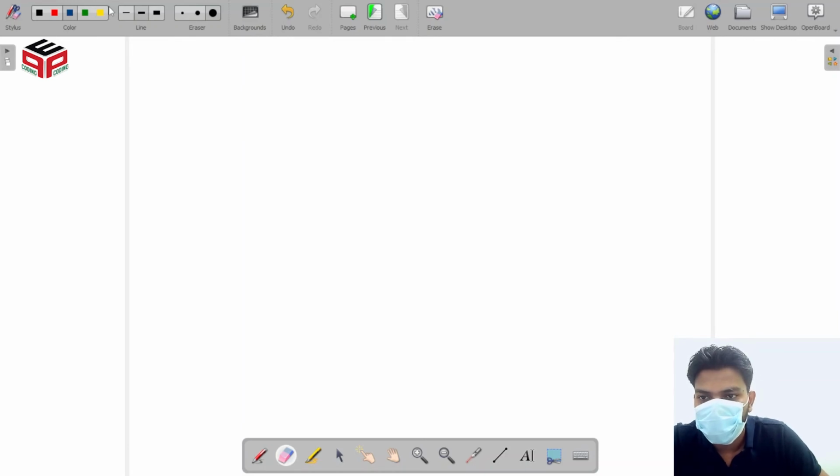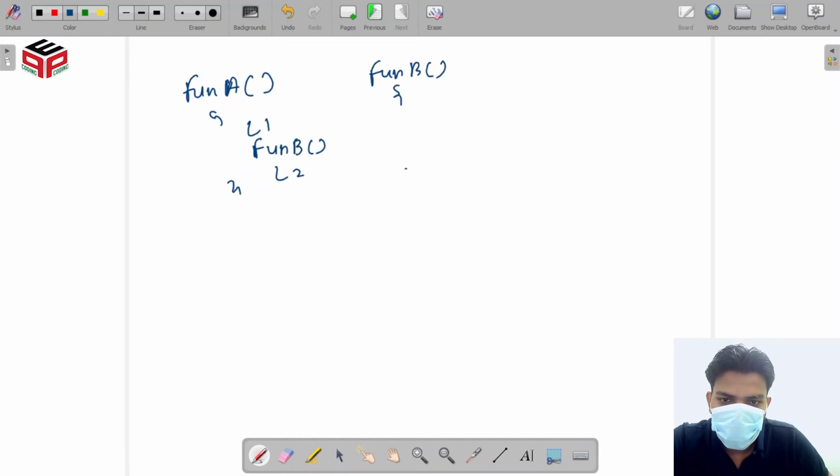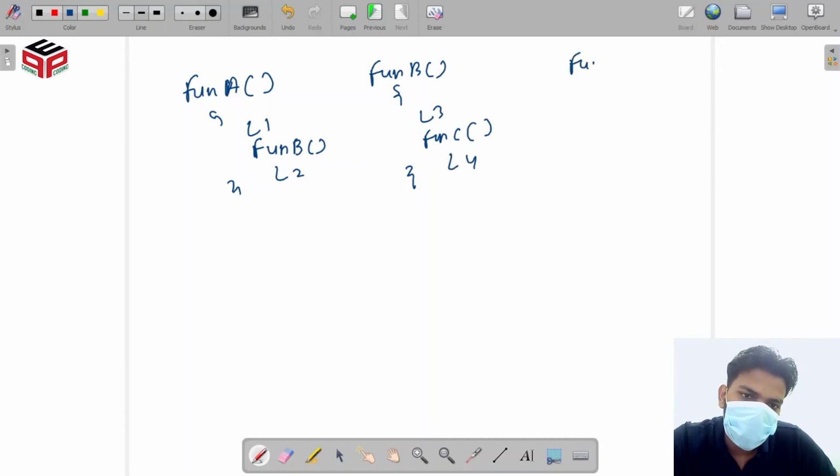Like if we have function a, and this is line number 1, and function b is called in this function at line number 2, and then function b calls at line number 3, and function c is called at line number 4, and function c is called at line number 5, and then print.